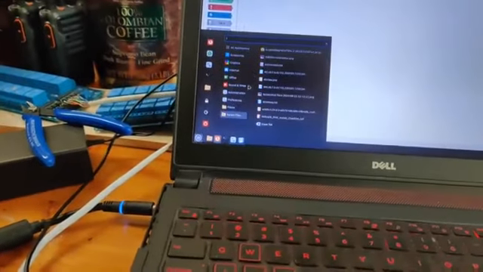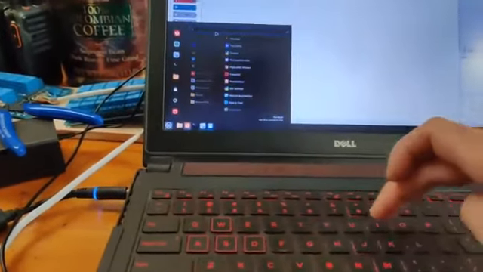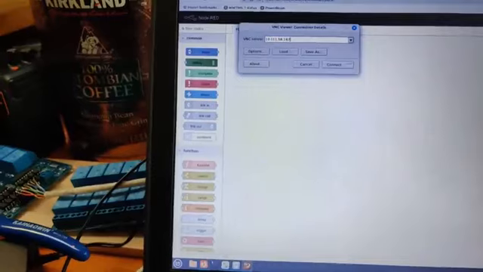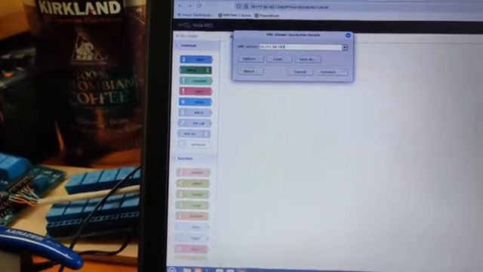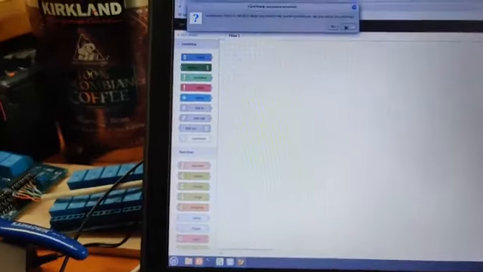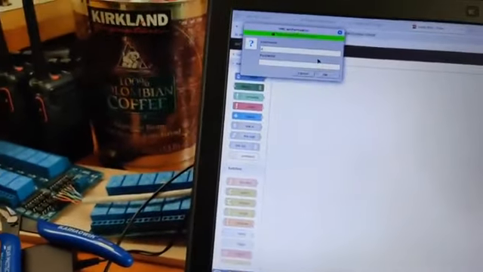If I open Tiger VNC, I enter the port and the IP address, which is also the same IP address for accessing Node-RED with the browser. You hit connect. It's saying, do you trust this? I'm putting in